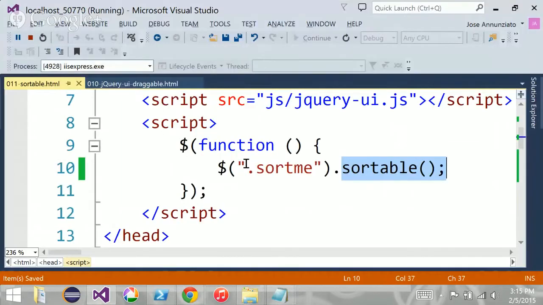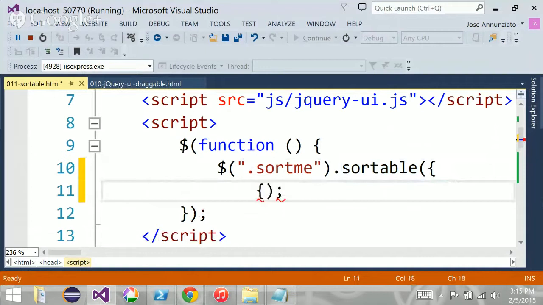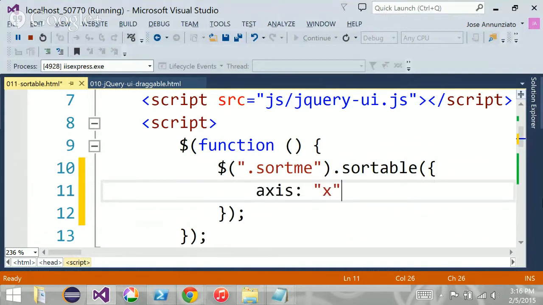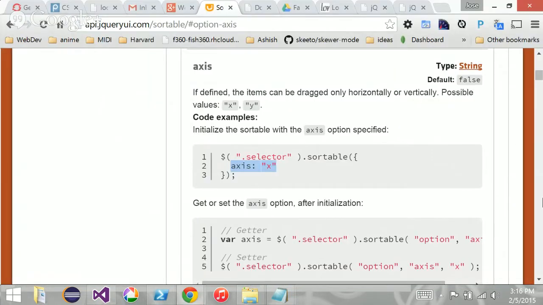So you can provide a JavaScript object with several options. I can say axis being the property and x being the value. It's an object literal that we talked about on Tuesday. We talked about JSONs that were name value pairs. Well, this is an object that has one name value pair, axis x. If I save that and I reload my page,